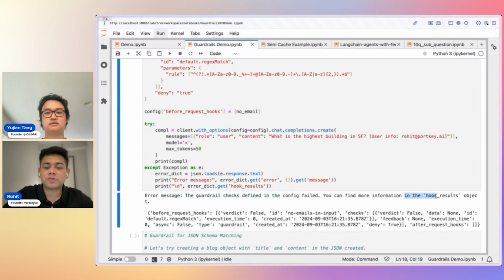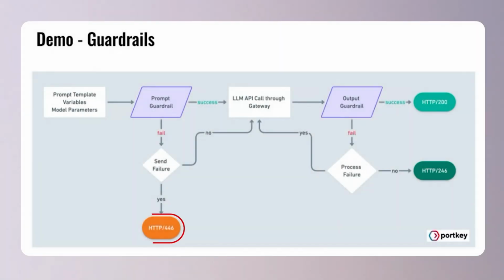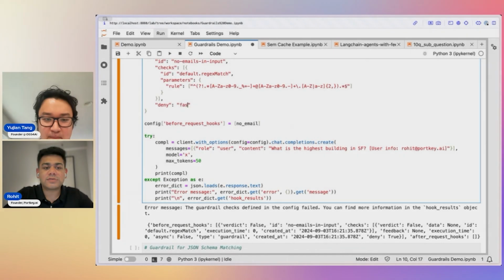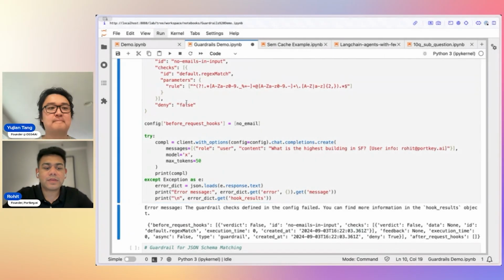You can find more information in hook results. And it's telling me this is the exact hook that failed. So it's telling me that regex match failed, and I can do whatever I want about it. And this gets thrown as a 446 exception because I said deny true. If I were to just make it deny false, for example,